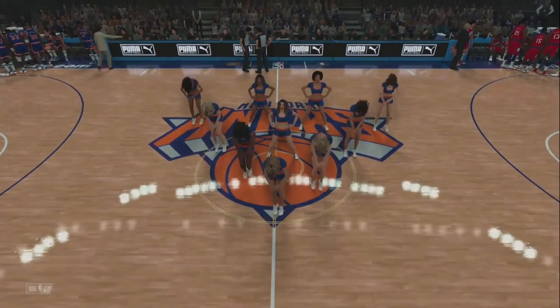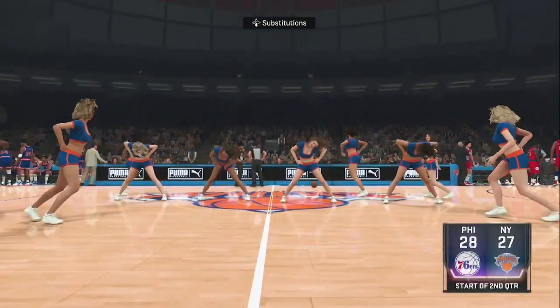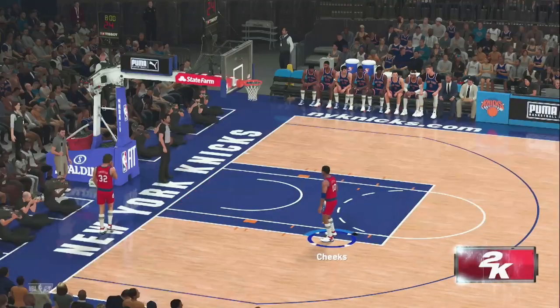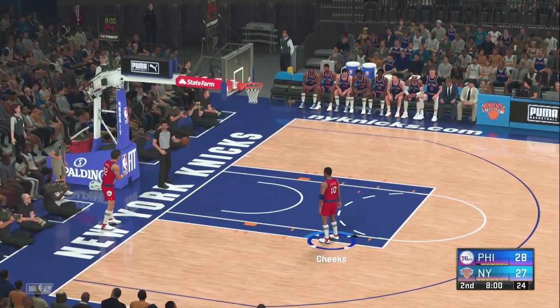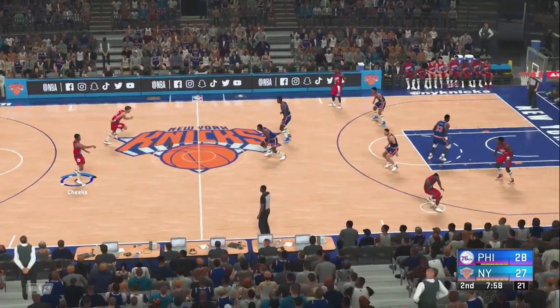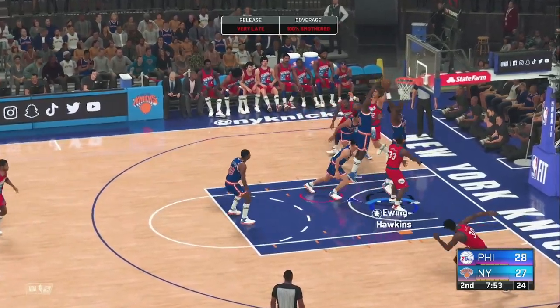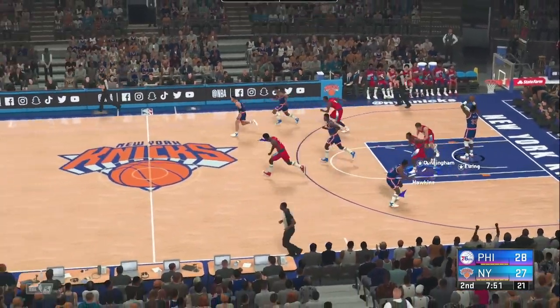And getting going again here in the second quarter. Fairly close game so far. What stands out to you guys from the 76ers in this one? Just cashing in on second chance opportunities. That's how they built this early lead. You can do everything else right, but if you fail to take care of the defensive glass, you're killing your